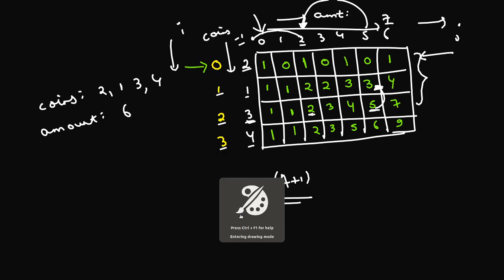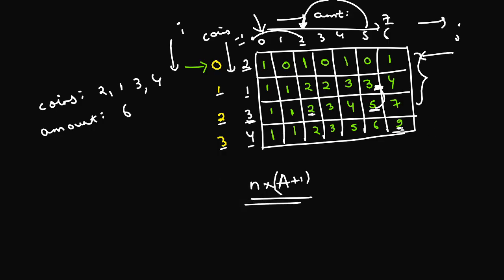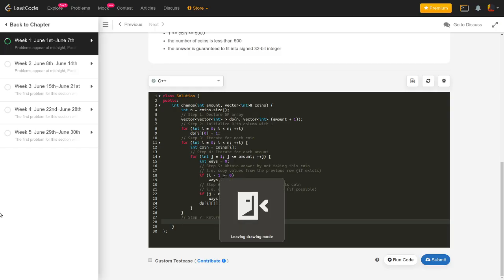So remember that the answer that we have is stored in this value, which is, if you see, dp of n minus 1, because this is the index of the last coin, n minus 1, and the amount a that we have. We'll just return dp of n minus 1 of amount. That's it. Let's just try to run this code.